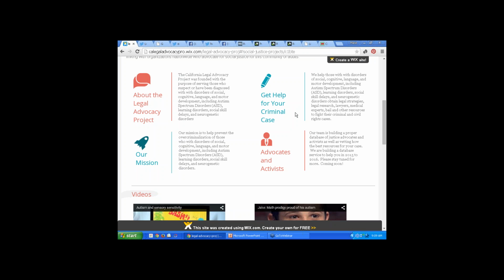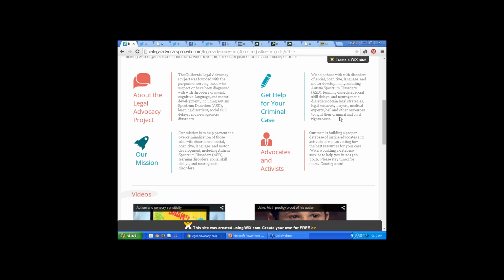And with these websites, you develop words. You develop words to discover how you want to help your audience. So with Legal Advocacy Project, we obviously did this. We described what we do, our mission, how we help people, and what type of team members we're looking for to be involved in the project. All of these words essentially create what are called targets.